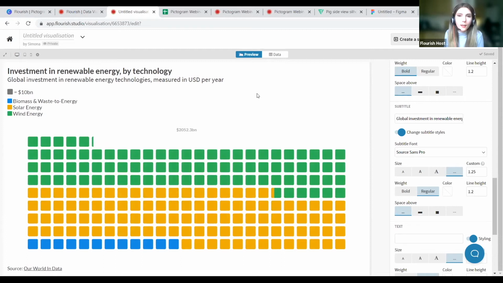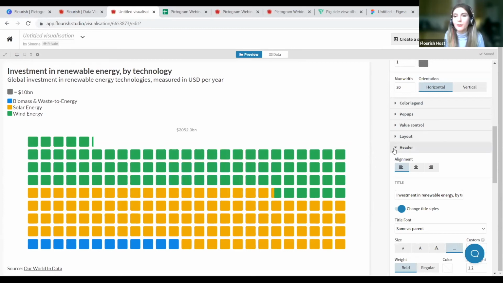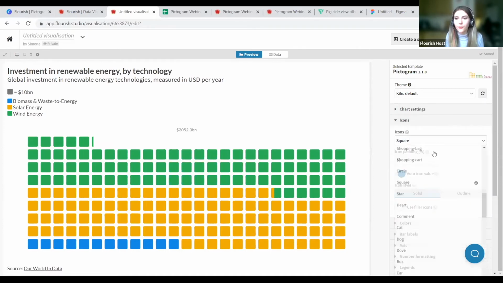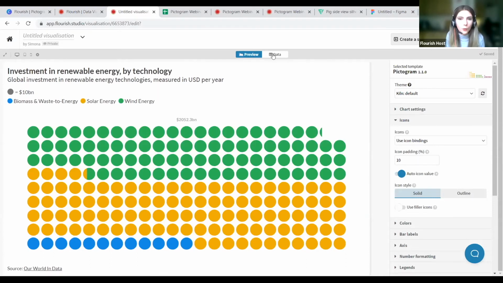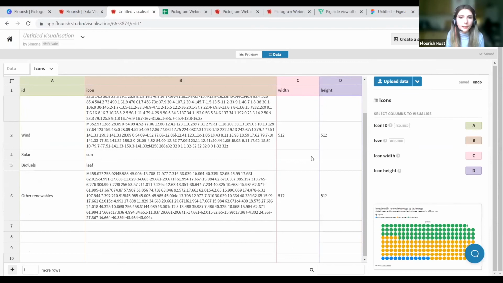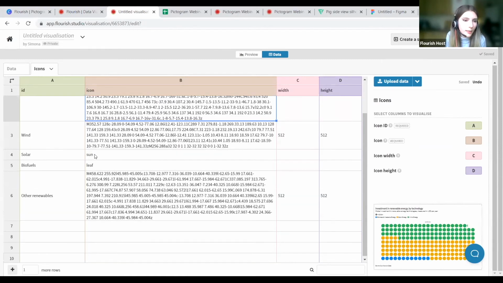Now, the thing with icons, let's get straight to the point that I think is the most exciting part of our pictogram at the end. Let's say that we want to use 3 different icons for our 3 categories here. The first thing we need to remember to do is go to icons and use icon bindings here. And what this will do is extract our data from our icons sheet. As you can see here, these are some things left from our blueprint that was currently in the template. And you can see that there are some path strings here, as well as width and height settings, but there are also some solar